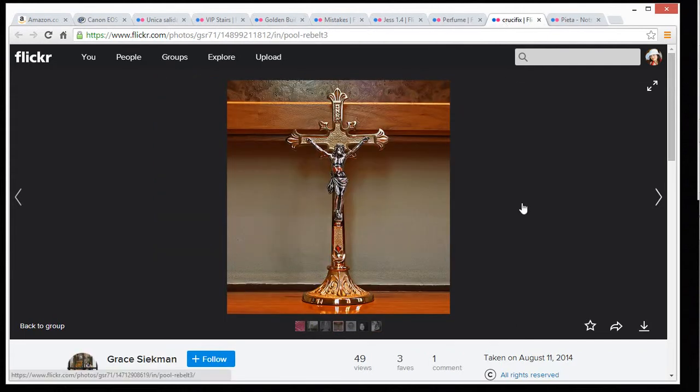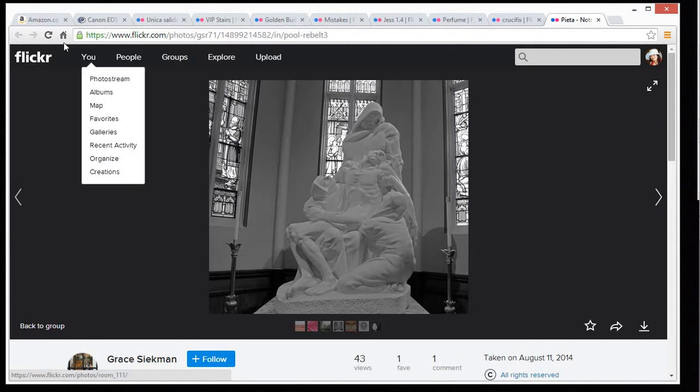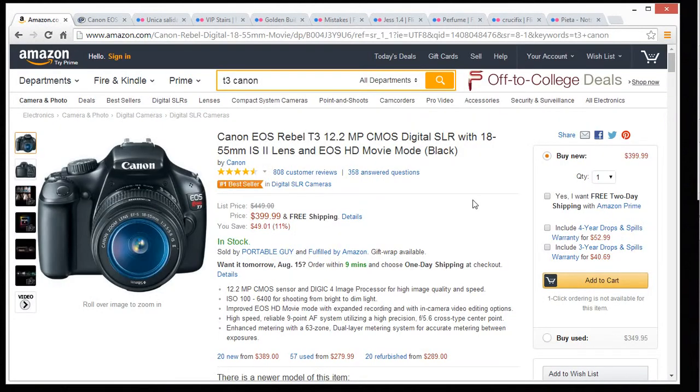Okay, this is a really clean image. You know, it is what it is. It's a very beautiful image. And this here, I thought this was pretty striking, right? It's black and white, obviously, but that's also the T3 with a kit lens, okay? And it's just great. So here's what I'm going back to, and this is why I say the camera companies,